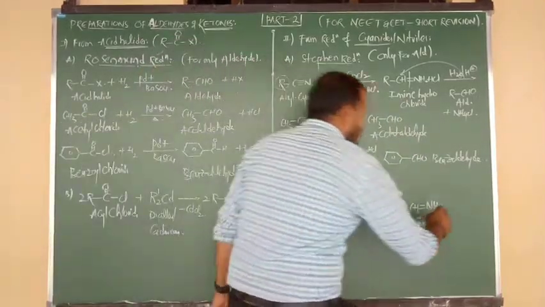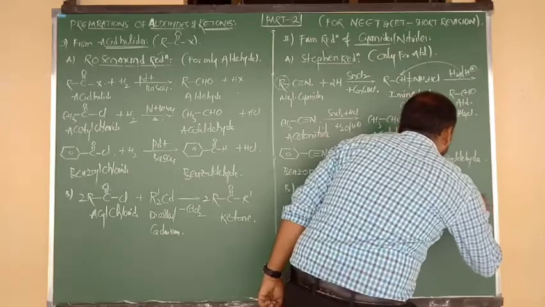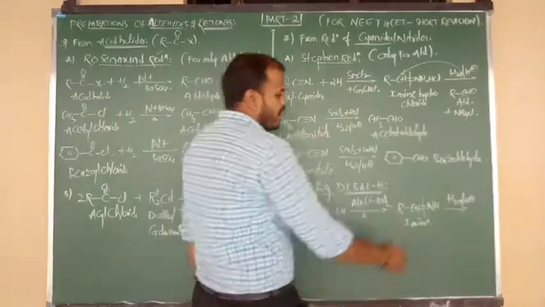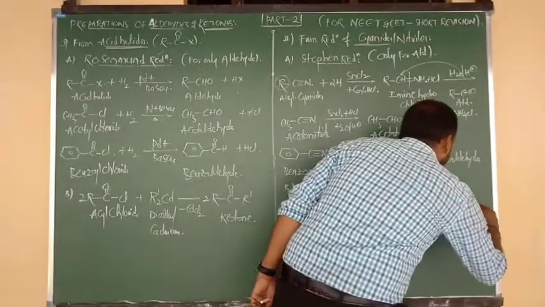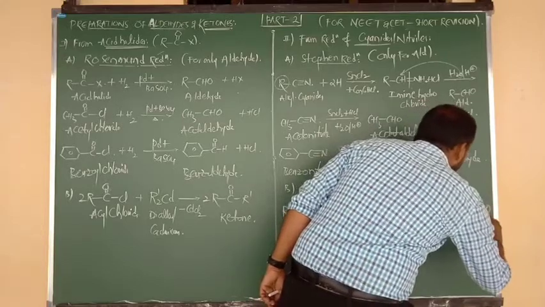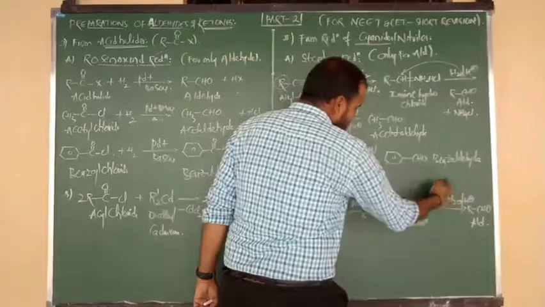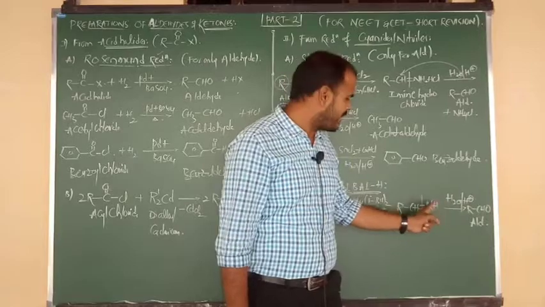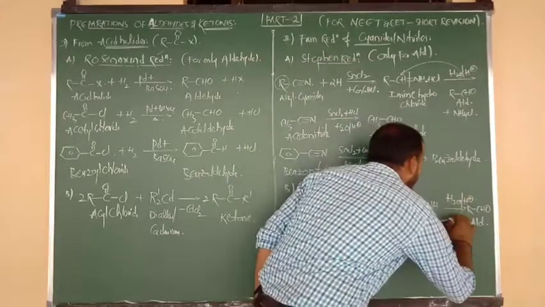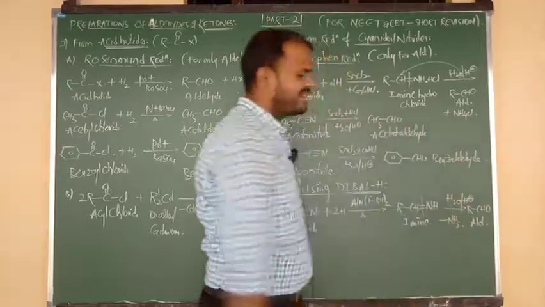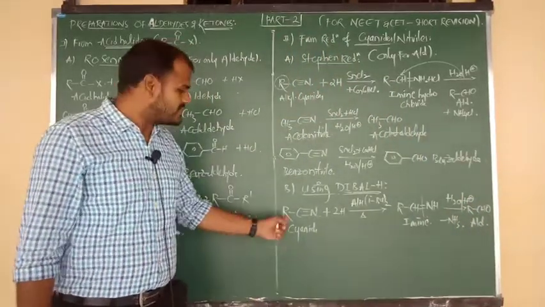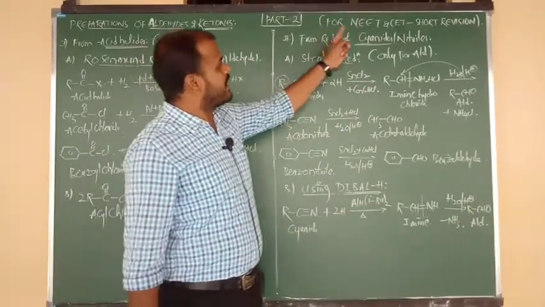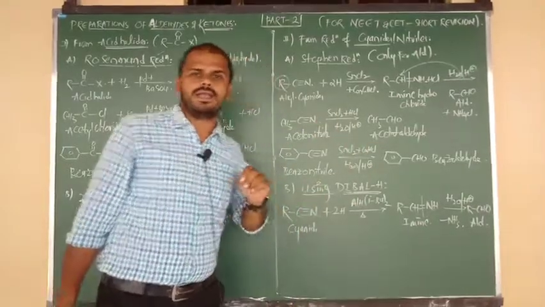Again, imine is followed by acidic hydrolysis. That means hydrolysis in which medium, beta? Acidic medium. So the double bond is going to break here. Oxygen atom is given to CH, and CH is converted into CHO. This is your product, that is nothing but aldehyde. Oxygen is given to the central CH, and here the product is nothing but aldehyde. The remaining 2 hydrogens are given to NH, and that is eliminated in the form of ammonia gas. Clear, beta? Again you can write the examples. Acetonitrile gives acetaldehyde, benzonitrile gives benzaldehyde. In that manner, from the reduction of cyanides or nitriles, we can prepare aldehydes.